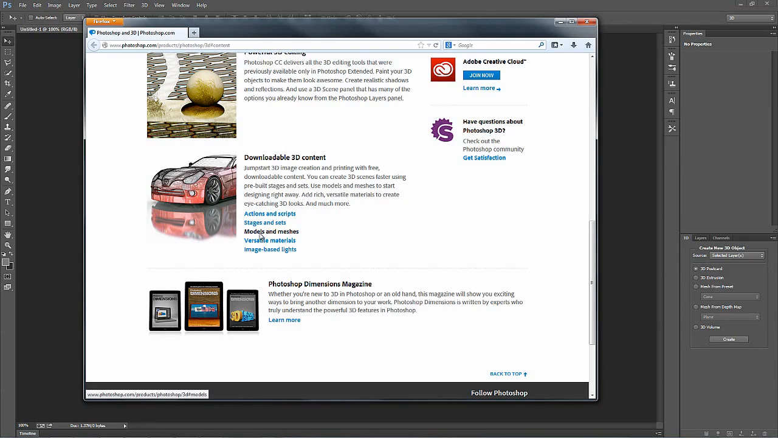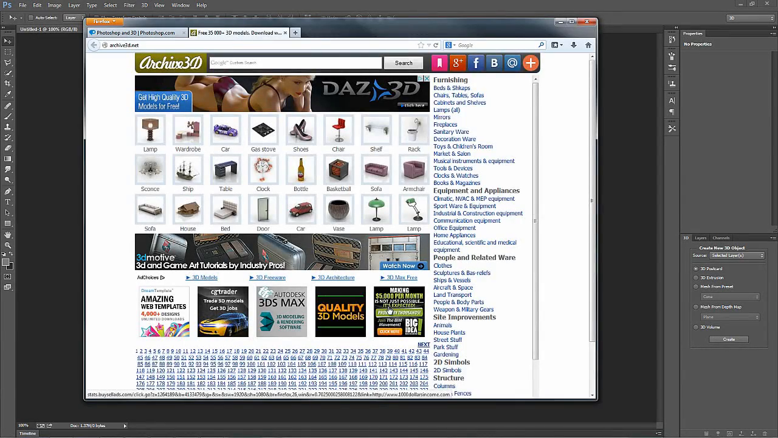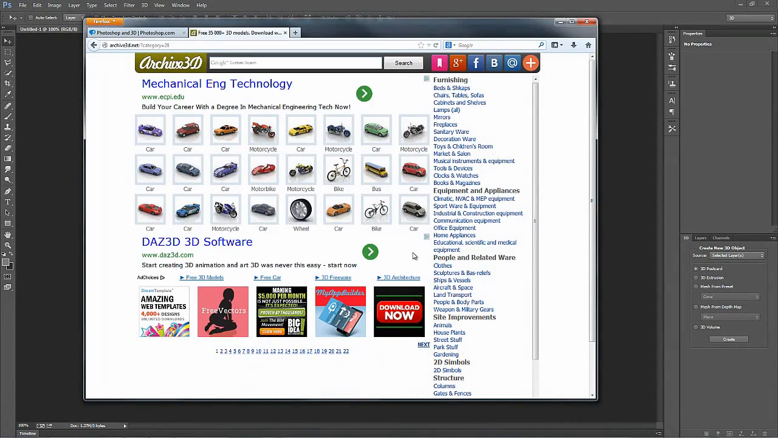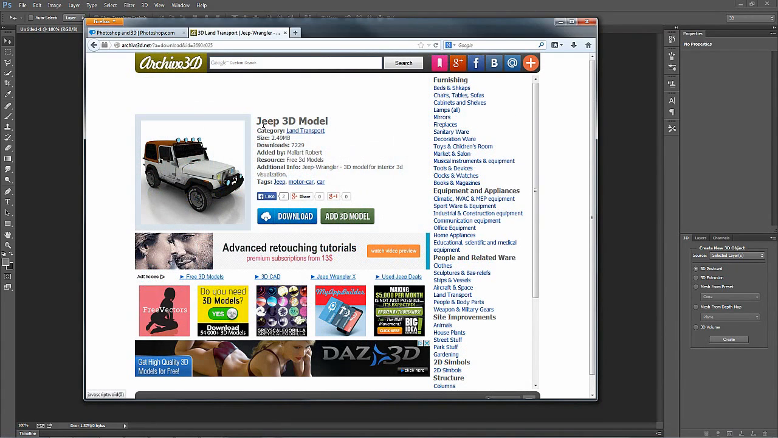So let's try the Models and Meshes link, and we have 4 to choose from here. I'm going to go with the Archive 3D. And that brings up this site that offers a whole host of different models for free. I'm going to the land transport category and start looking through for one of these car models that I might like. So I've decided on a Jeep 3D model, and I'm going to hit the download link,